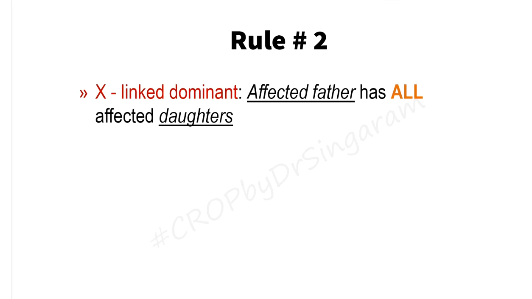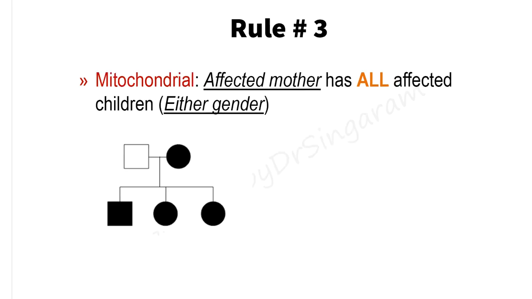Just a quick recap of whatever we have done till now. Initially, we apply rule number 1 to rule out the diagnosis of recessive pedigree. Once the recessive pedigree diagnosis is ruled out, then you are going to look at the other patterns of inheritance. That is where rule number 2 comes in. Rule number 2 is basically for X-linked dominant. Suppose rule number 2 is also not applying, then what are we left with? We are left with autosomal dominant and mitochondrial inheritance. Let us look at the next rule. This is actually the last rule which you have to remember.